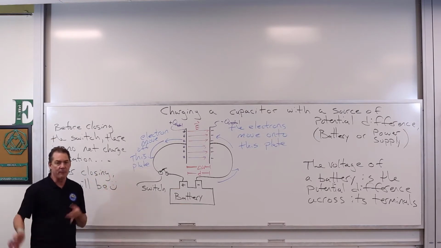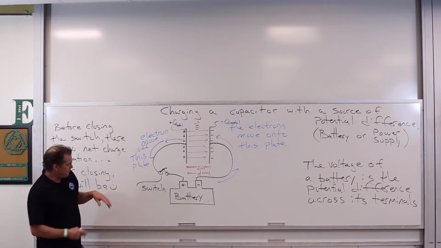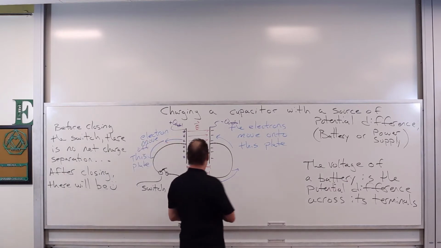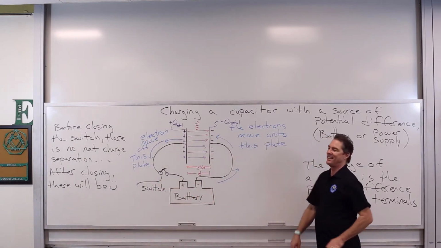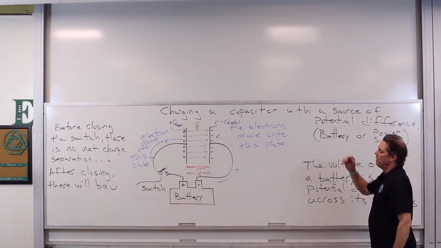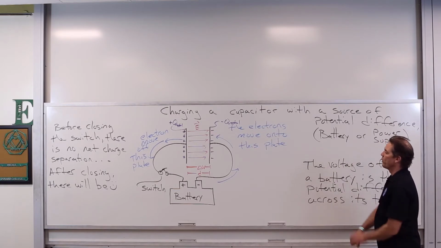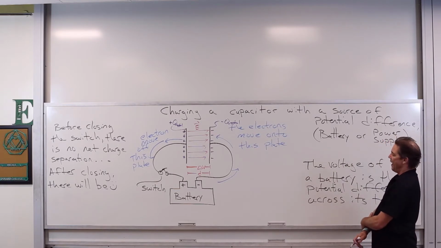charged. Now again, it takes time for the electrons to move and produce that overall effect, but that's the terminal case in a sense. Fully charged, potential difference across the plates is equal to that of the source. All right, so what do we get out of this? Well,